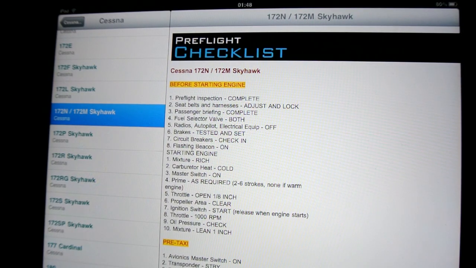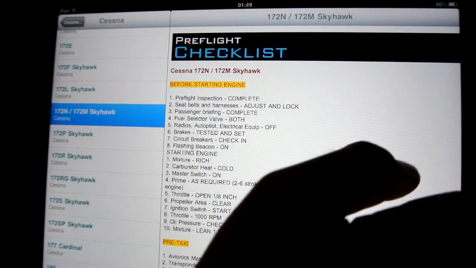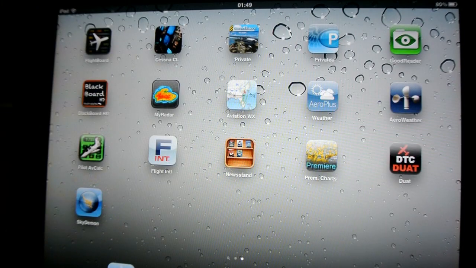Haven't used that yet. For me, it's good for learning, it's good for reading, checking over things to make sure I've done them. However, I haven't found the right mount yet or knee board for the iPad, so I haven't done that. But on another note,